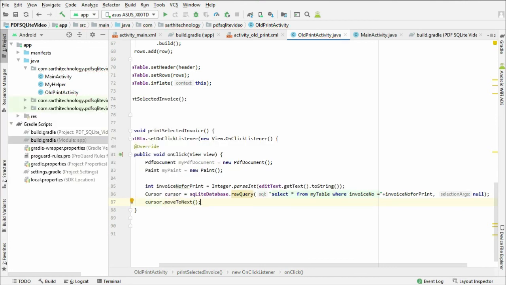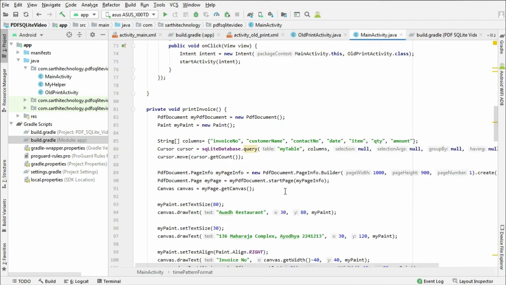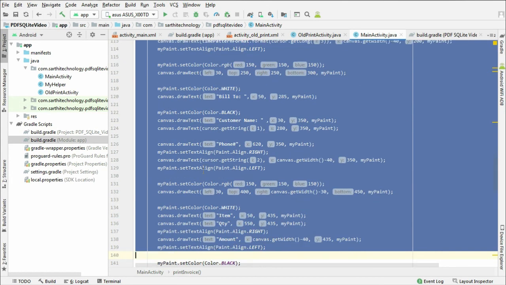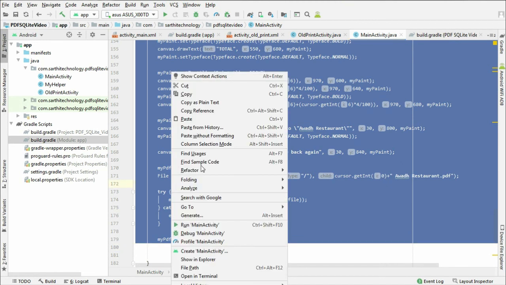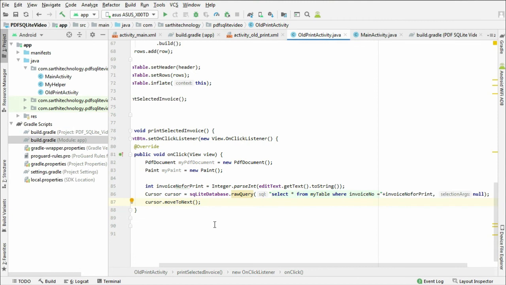Okay, so rest of the code we can just copy from the main activity. Go to the main activity, and after this cursor just copy and paste here.